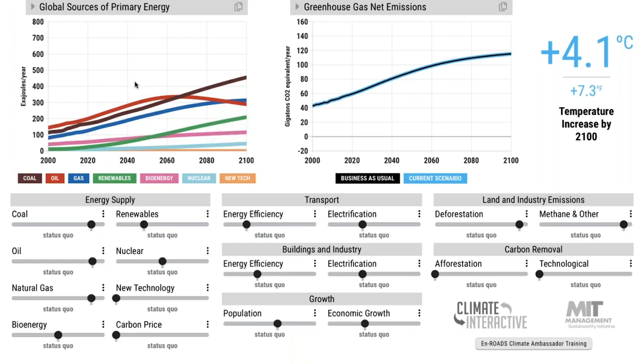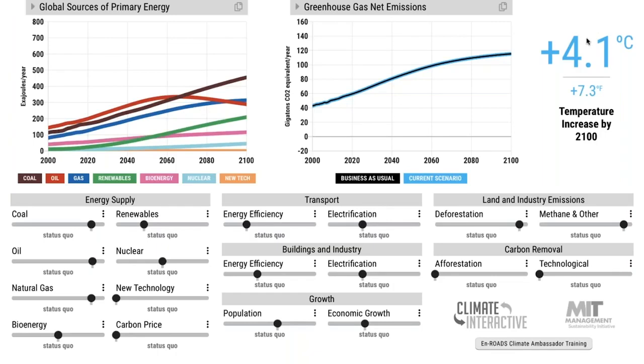Given this future, what would be an alternative? What is an action that might create a very different future? For this next graph, which is greenhouse gas net emissions, carbon dioxide, methane, N2O, the F gases, and an alternative to creating a future of 4.1 degrees C warming. Of course, what we want to do is get that 4.1 down to 2.0.